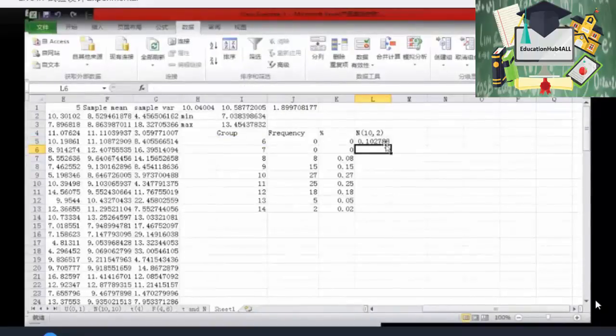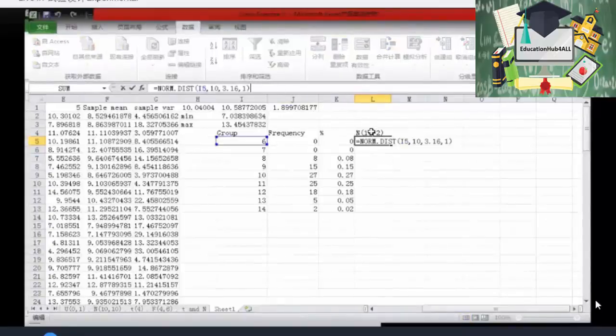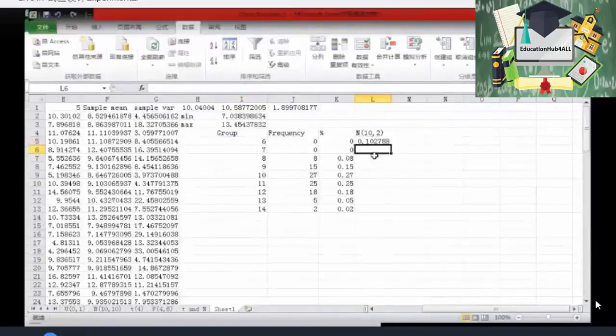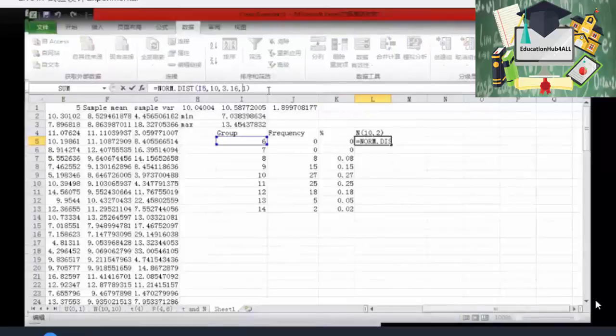So if I input a 1, this is the probability. It's the area. So if I input here 0, which is the false,